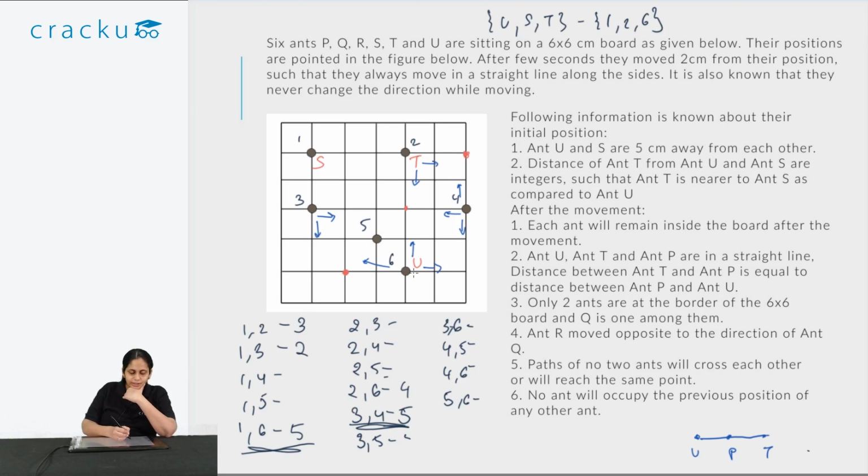See, 5 is over, 6 has moved over here, then 5 can't move down because their paths will cross while moving. Okay, paths of no two ants cross, so 5 can't move down. So essentially,